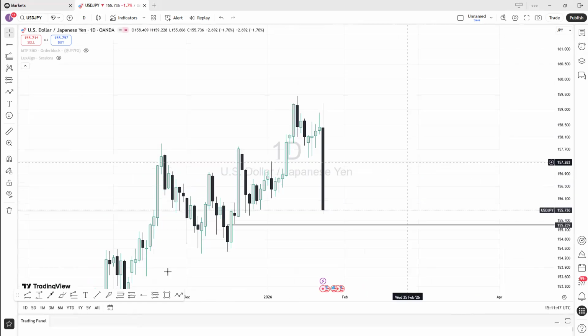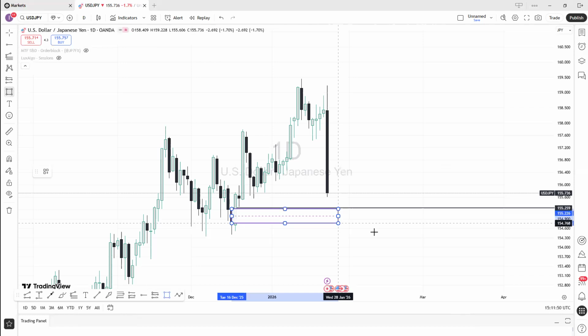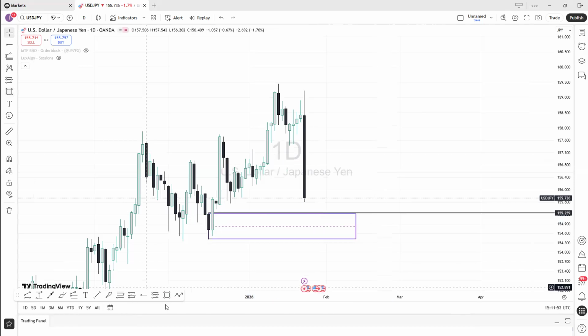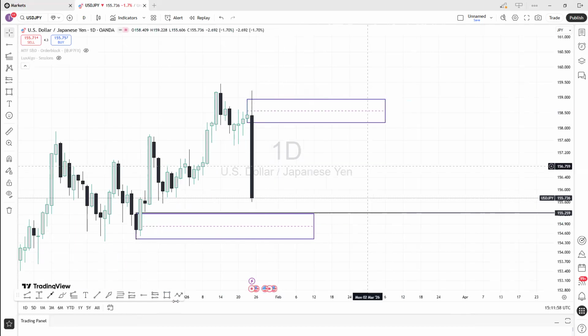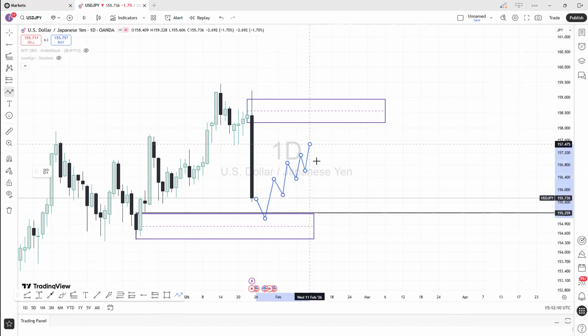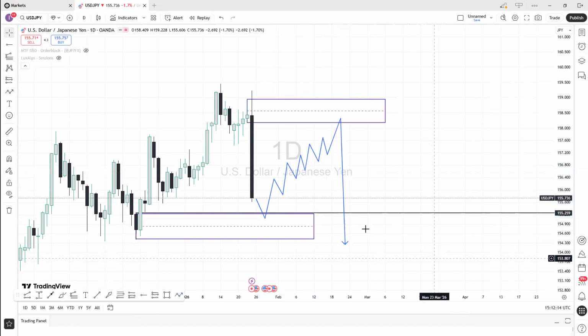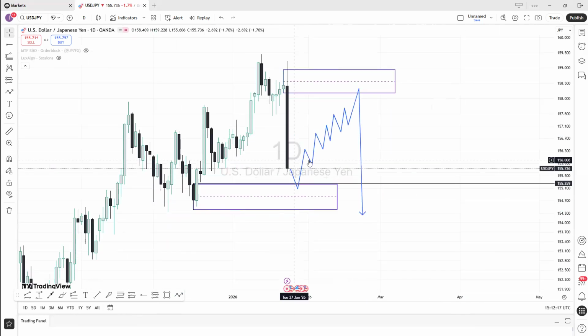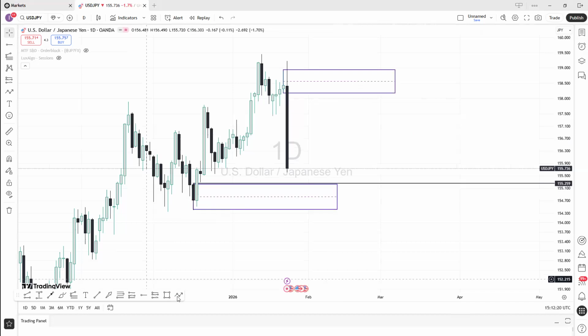Still weak. Over here on the daily time frame, we have that demand. Also, we have that point at the premium zone. Expecting on Monday, if price drops first, it will mitigate this demand, and then you can get a pullback. It will be a low volatile pullback to that supply area, and then you can get another short move, or it may react on that demand, and then a low volatility pullback